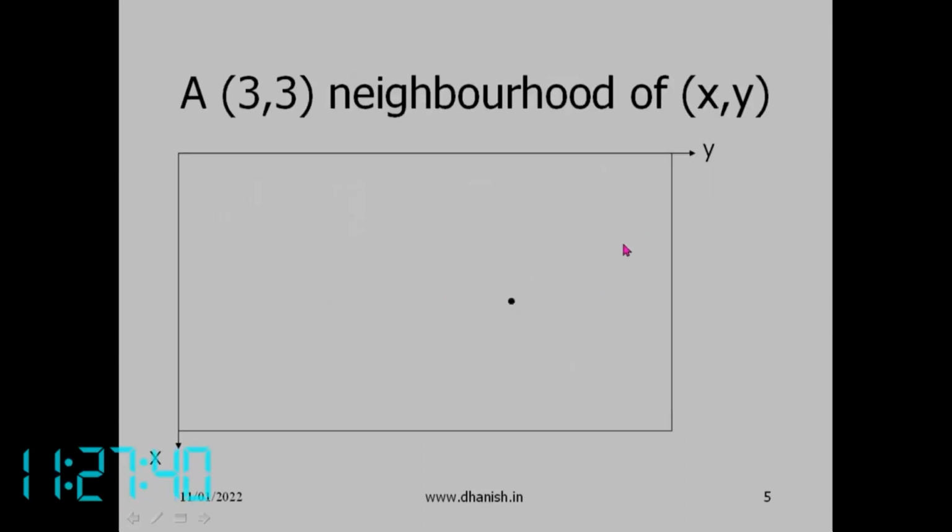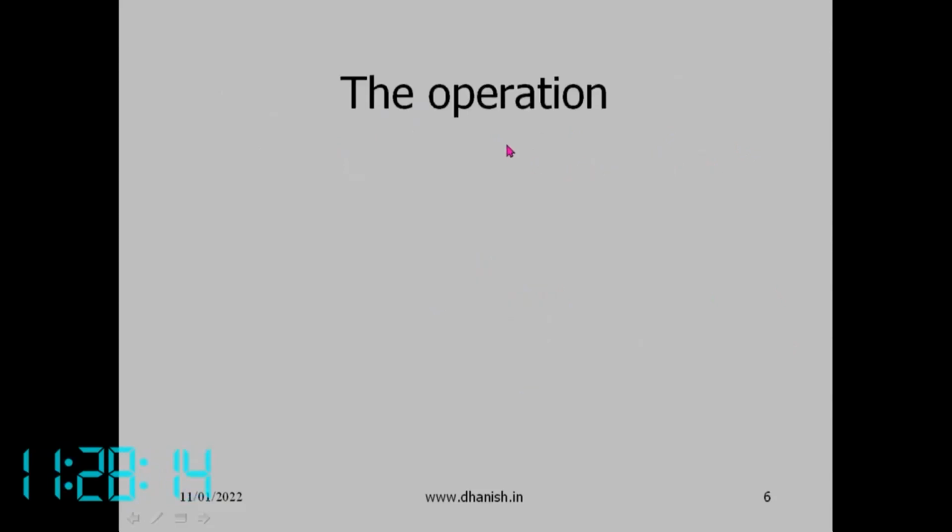So a 3 by 3 neighborhood of xy is, this is xy, and then the neighborhood includes itself. So 3 plus 3 plus 3, 9 pixels together, which is a 3 by 3 neighborhood of xy. So 4 by 4 becomes a little tricky, and then we have to place this xy at this corner and then take 4 by 4. With 5 by 5, again, one will be at the center and there will be 5 into 5. Usually, we can take 5 by 5 neighborhoods also, for some applications like more filtering.